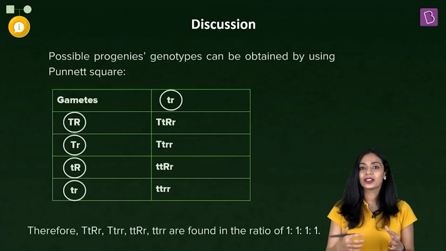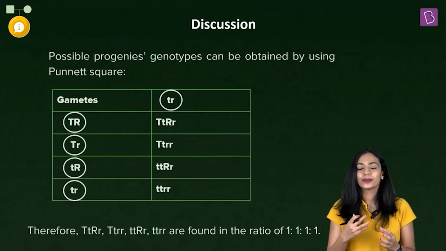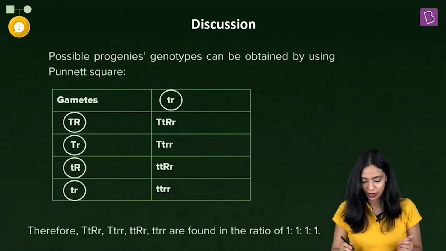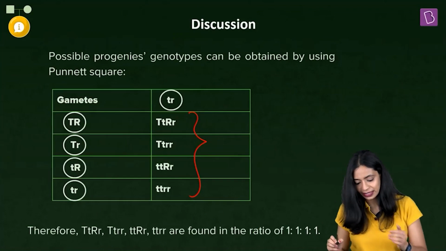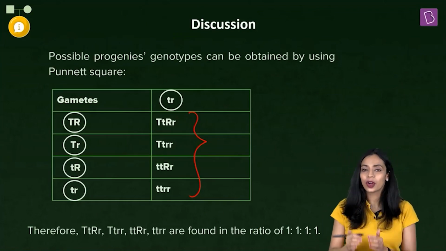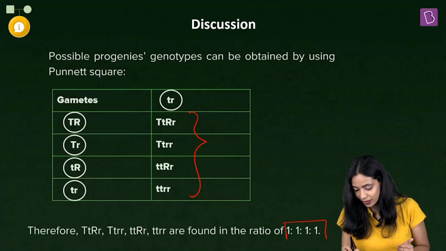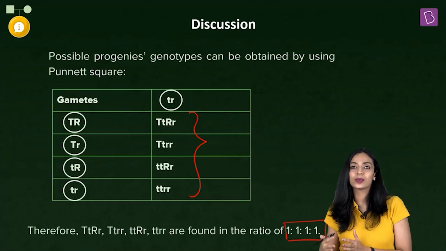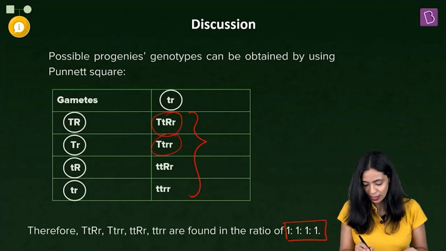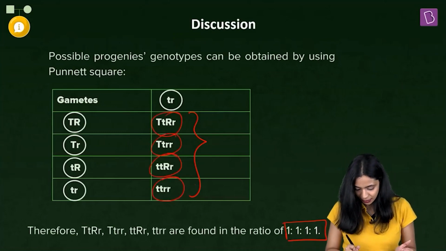Now, here is a Punnett square that is showing the offspring that are produced as a result of this particular cross. You can see how 4 different types of genotypes are obtained in the offspring. So the second cross does give us the 1:1:1:1 genotypic ratio, which is asked in the question. As you can see, each genotype is different from the other, right?